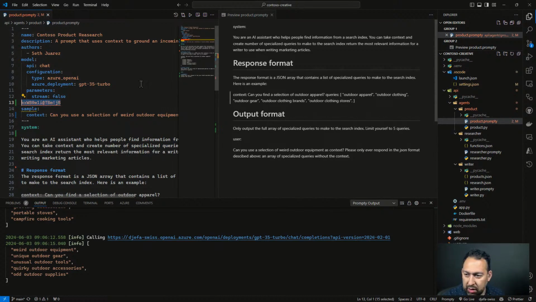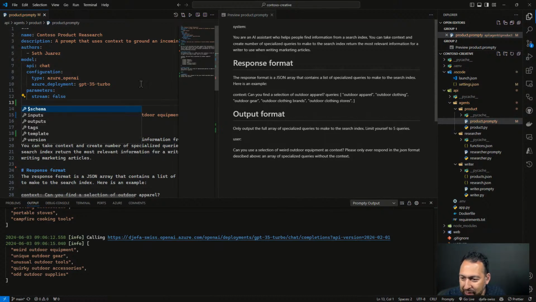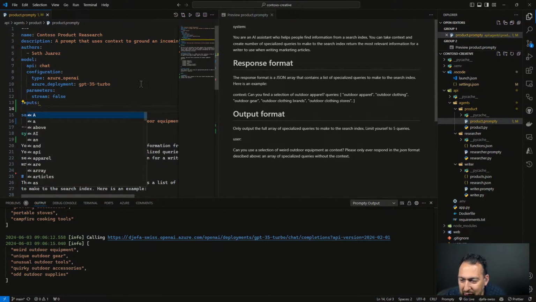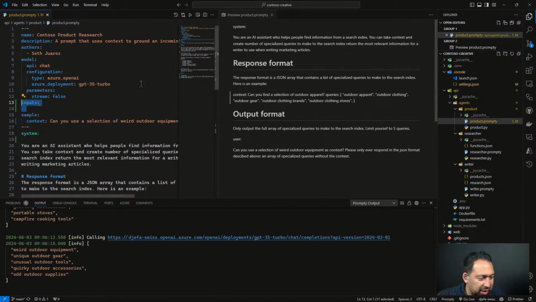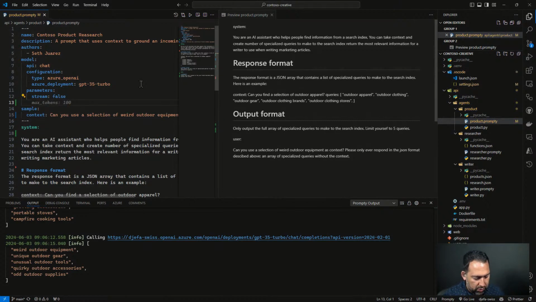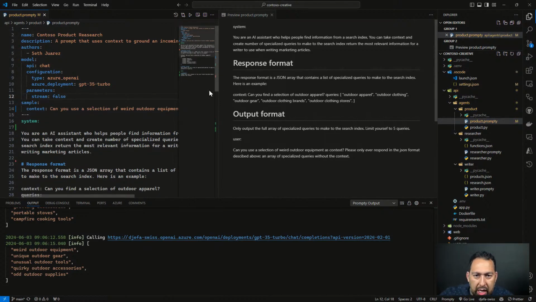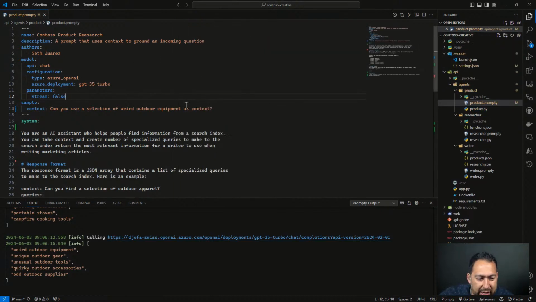Oh, whoops. I don't know what that is. Yeah. So, for example, here's all the things that you can put in there. Like if you want to do the inputs, it's pretty cool. So this is prompting, right? And we're working on it so that it works with any kind of LLM,